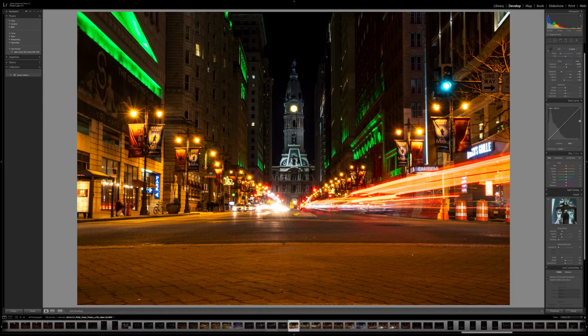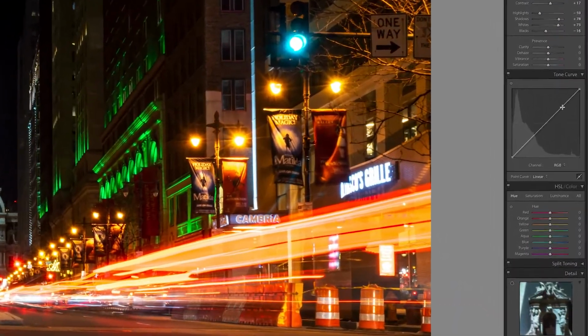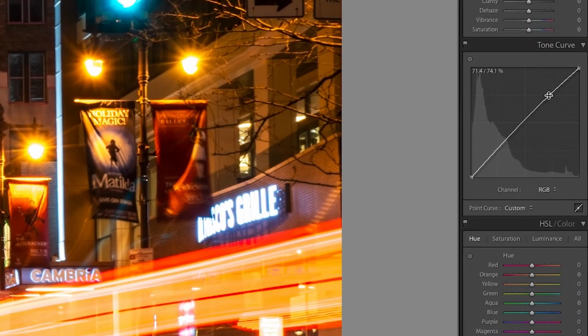basic tools. Now I'm going to get into a little bit more technical things, so I'm going to get into an S curve here. So these are curves. This is again lightness. You know, you got the whites, you got the midtones, and you got the shadows and the darks down here. I'm going to do a simple S curve, which is where I drag this right here, drag this down, and then drag this up, and it kind of makes an S shape. And from there you can kind of tweak and fine-tune the contrast and the brightness that you want in your